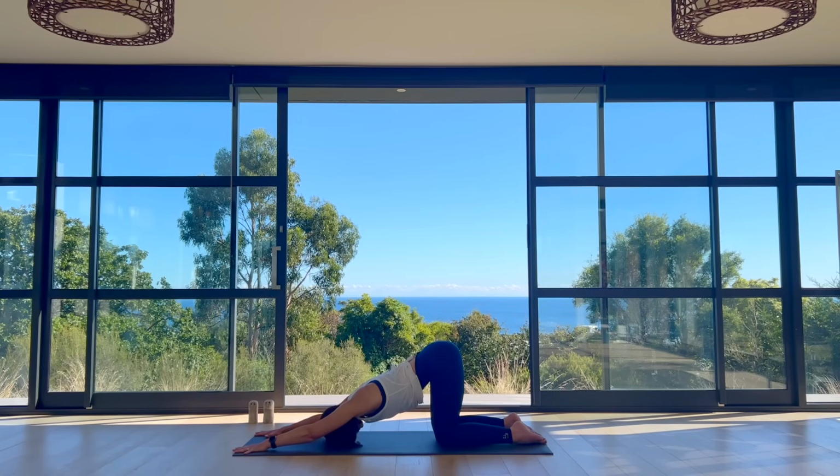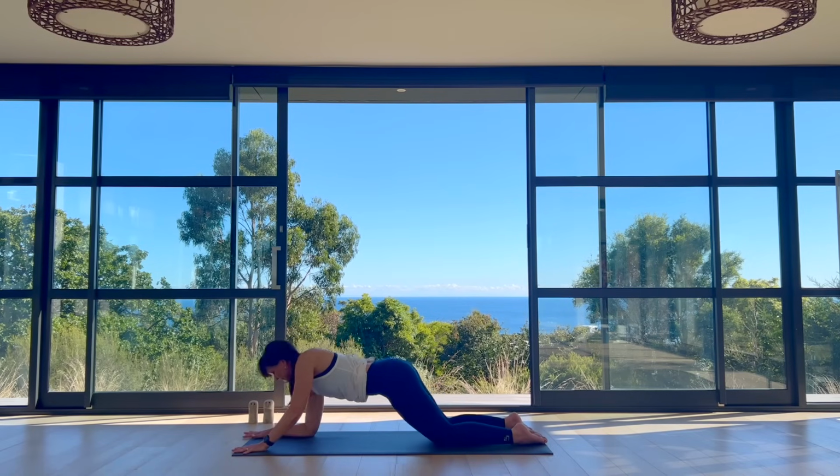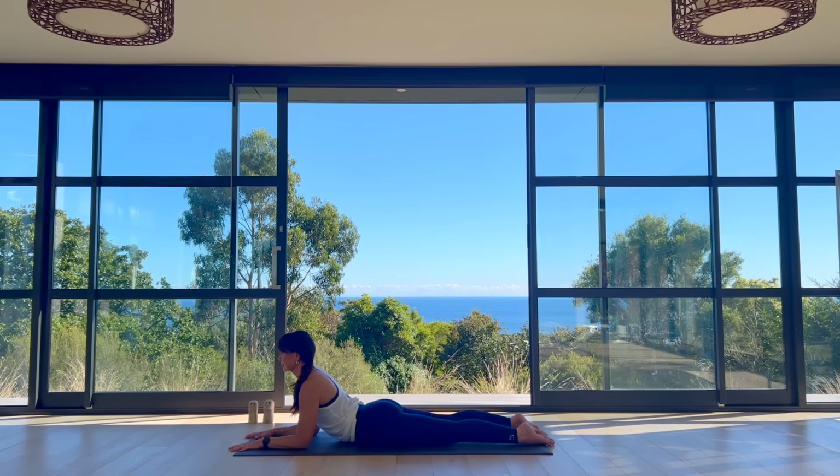Then take your gaze forward, make your own comfortable way into Sphinx pose, transitioning to your belly, resting onto the forearms. Then find a mild and evenly spaced arc through your spine from your tailbone to the back of your neck. Then explore taking your shoulders back a little and down, gently swallowing your belly in and up to smooth and support your low back. One more breath in